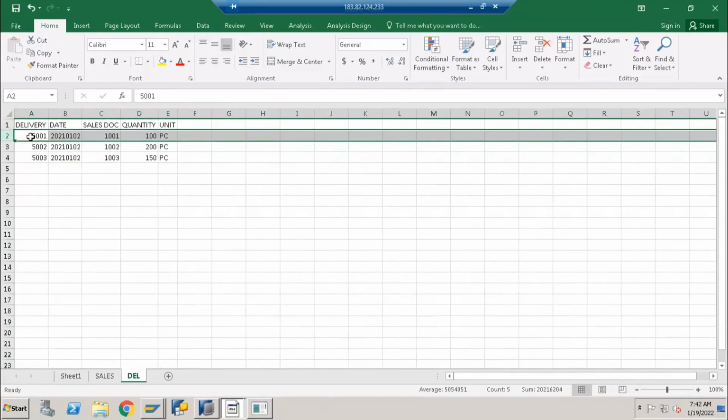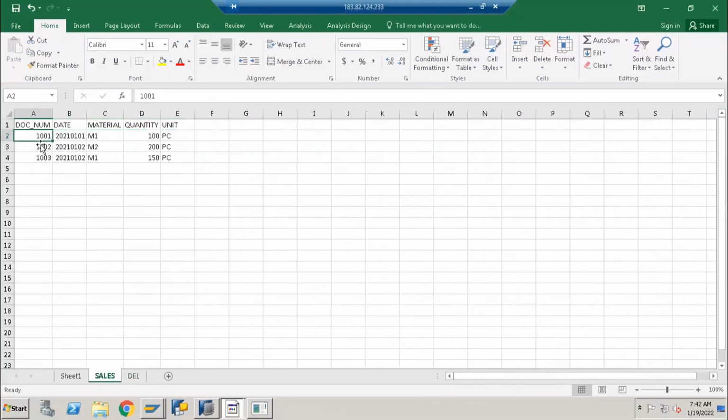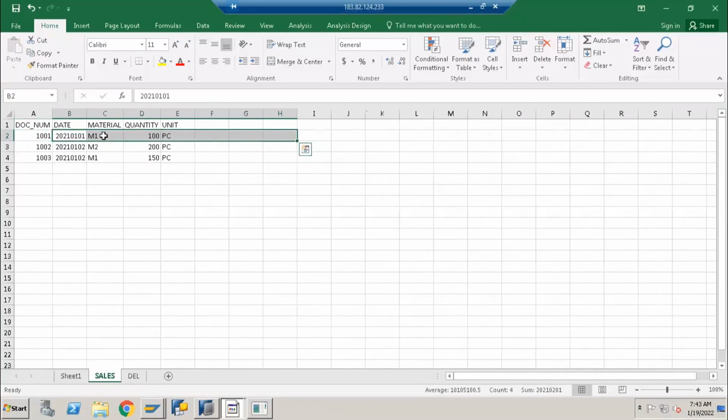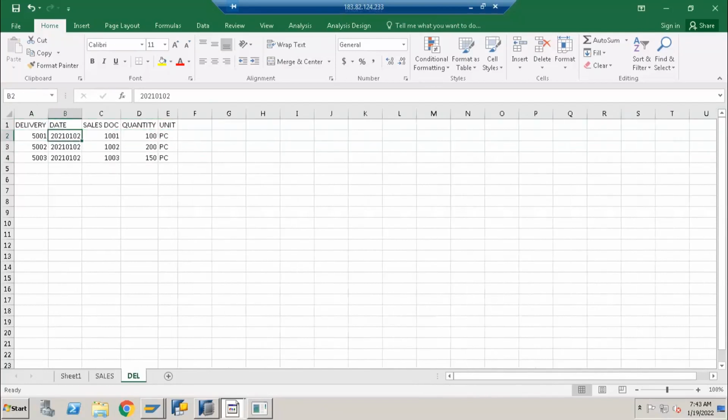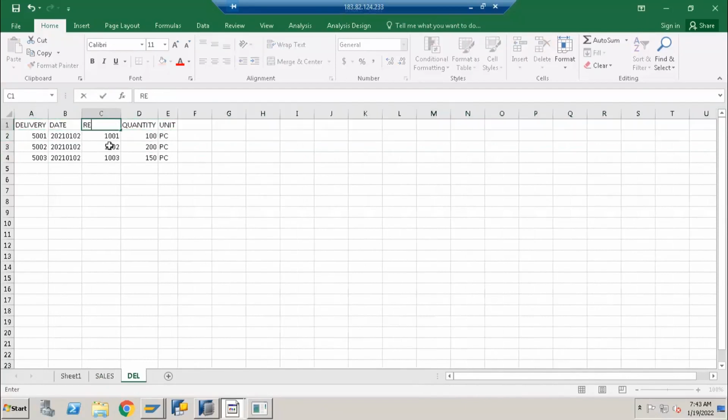In this delivery document, they always keep the sales document number as a reference. Why? Because in the sales document, you provide all the information about what you need in the car. Whenever they refer to this delivery, they want to see your sales order, like your specifications and all. So in the delivery document, they always keep the sales document as a reference document number. Generally I gave it as a sales document, but here it is a reference document number. This is how we use the terminology in our BW.